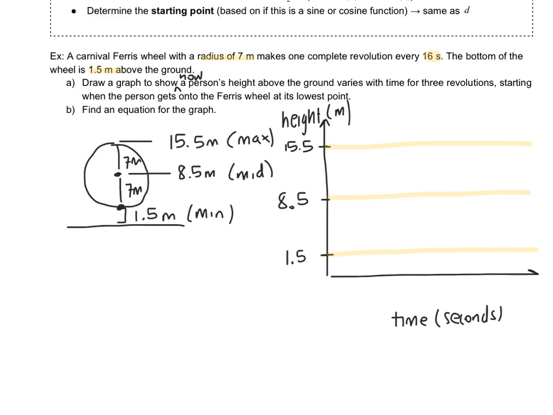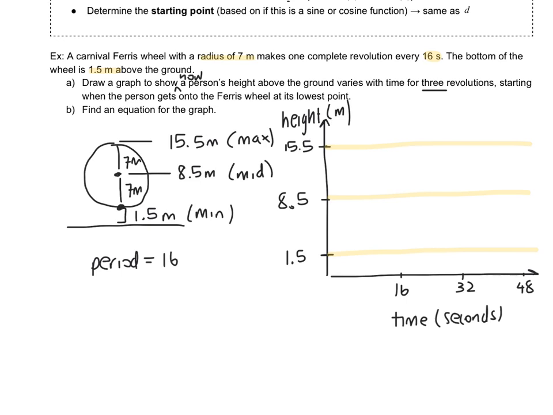Next, for my time scale, I know that one complete revolution is 16 seconds. So that means that the period is 16, but I need 3 revolutions for my sketch. So when I do my scale, I'll make sure I have 16 seconds for one cycle, and then add on another 16 to get to 32, and add on another 16 to get to 48. So now I can start plotting points to represent a person's height